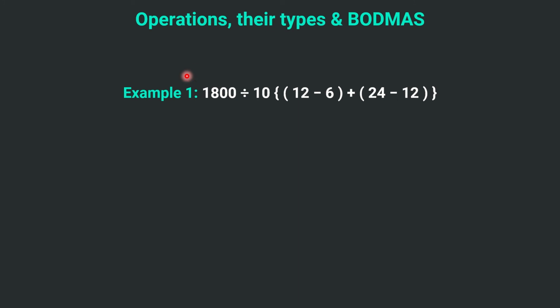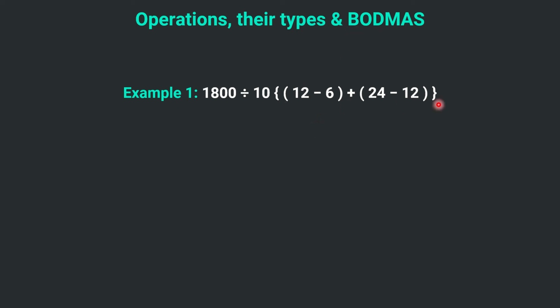What operation should we perform first in order to have a proper answer? So now according to this BODMAS rule, B comes first. So at macro level, the division is here, multiplication is here, then there is a bracket. So again, B comes before D and M. So we will solve the bracket first.